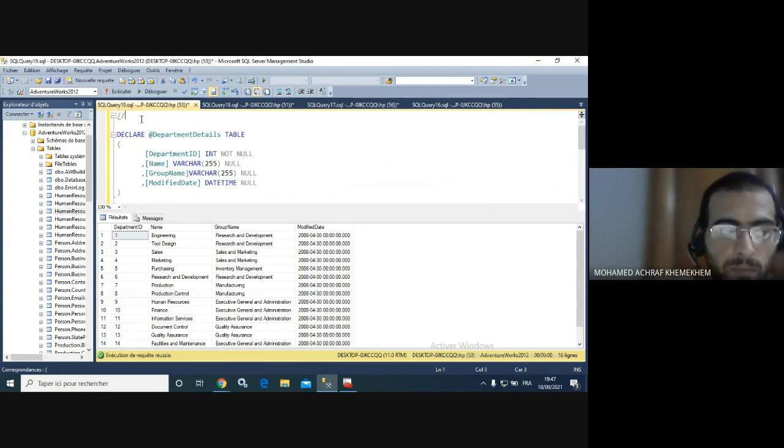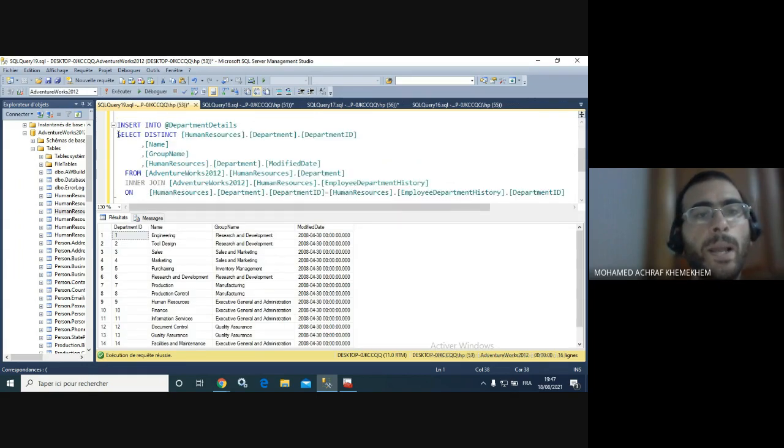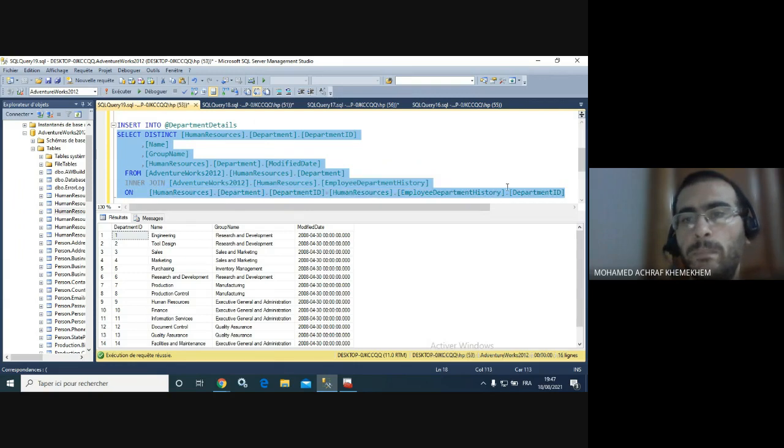This is the method to create the table variable. So let's put it as a comment. No problem. Okay, so now let's move to another method,